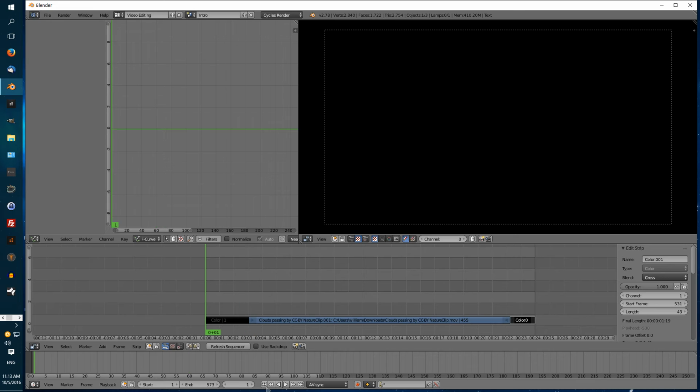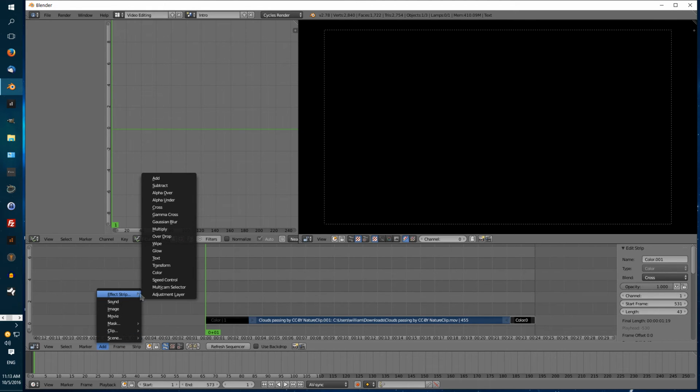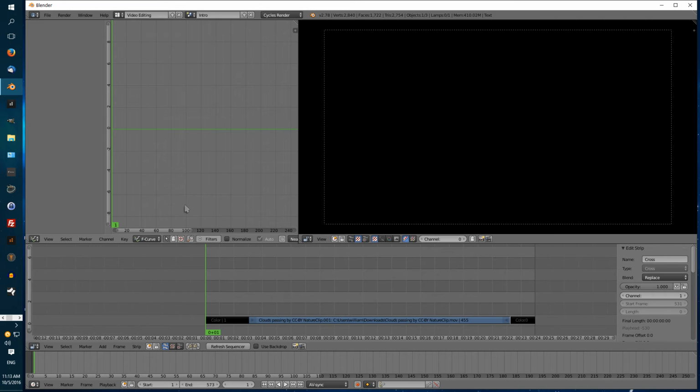Okay, so I don't want it to be black and then cut immediately. I want it to transition, so I'll show you how to add a transition. In this case, I just want one fading out the end, and you can do the same thing at the beginning if you want. So you select one of the clips you're going to have the transition on, then you shift click, right click, now you've got both selected. Then you go to the add menu and go to effect strip, and I use cross a lot. So now I just added a crossfade. The length is determined by